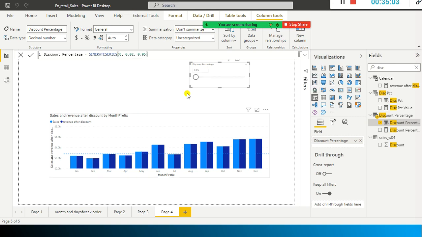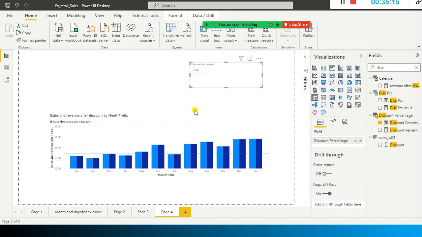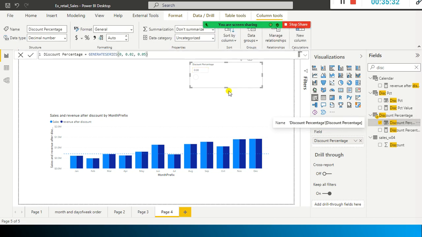Look here, now it is a little bit okay, and if I give 0.05, okay, here I should not give that much value. One second, discount percentage here. Okay, here 0.05, right?